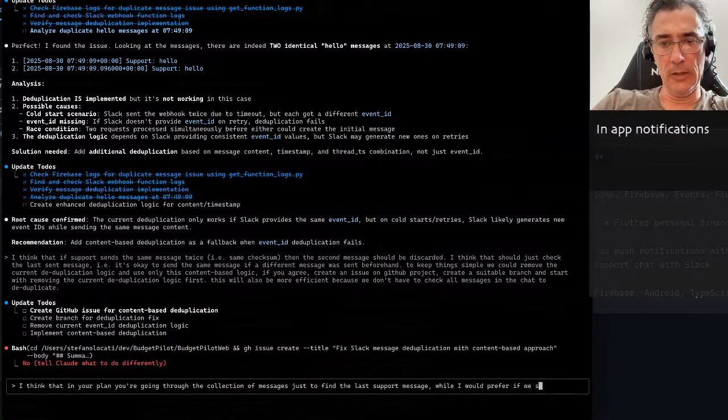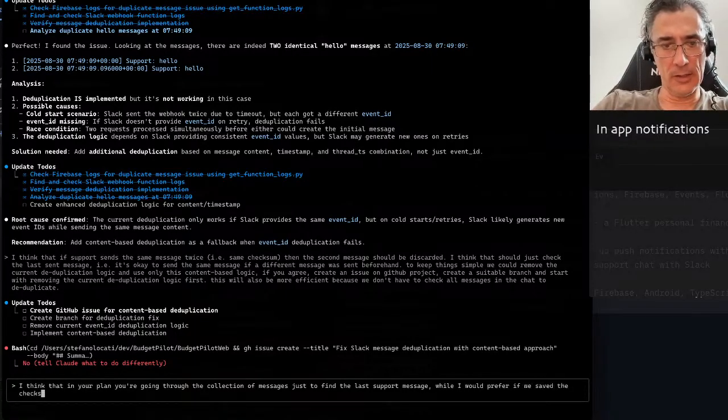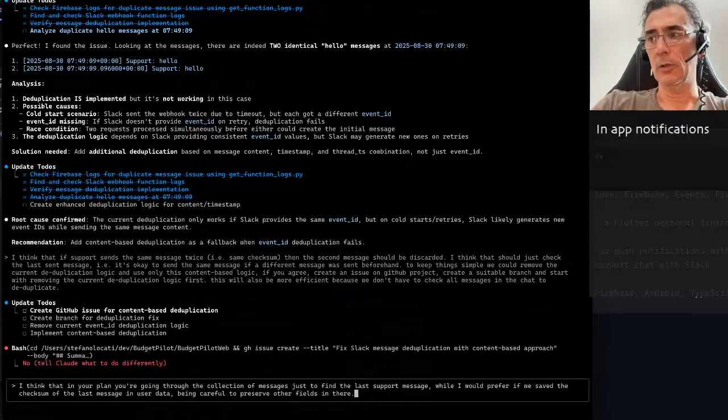If we save the checksum of the last message in user data, being careful to preserve the other fields in there. Okay. So when we receive a message from Slack, we compute the checksum,